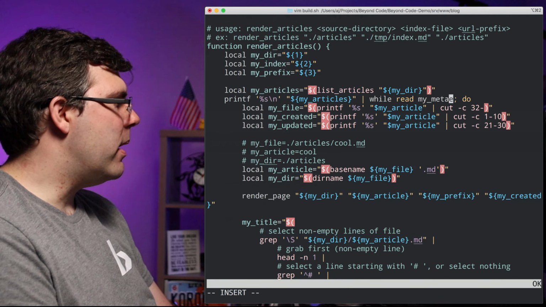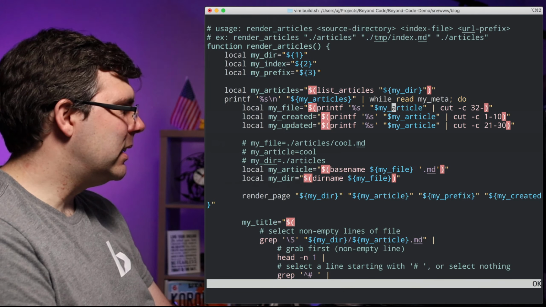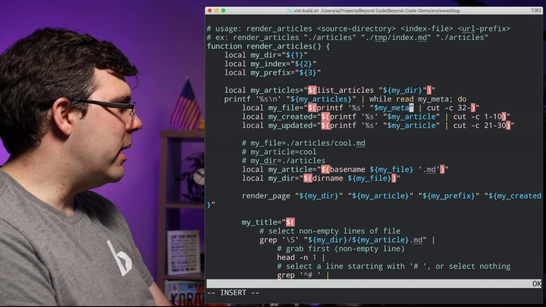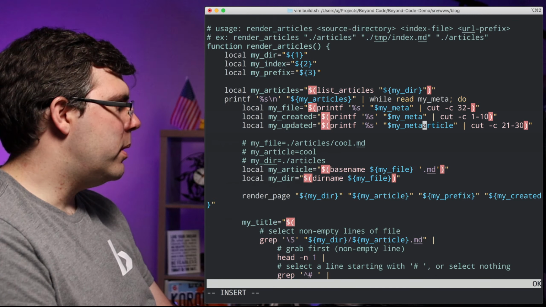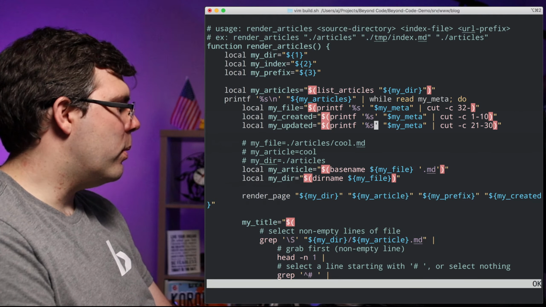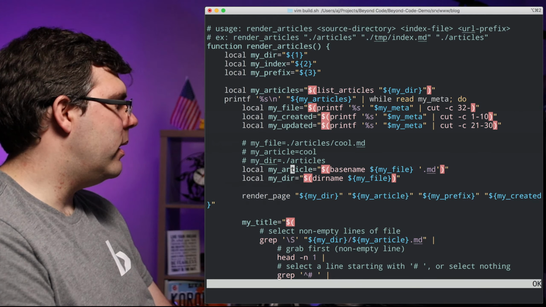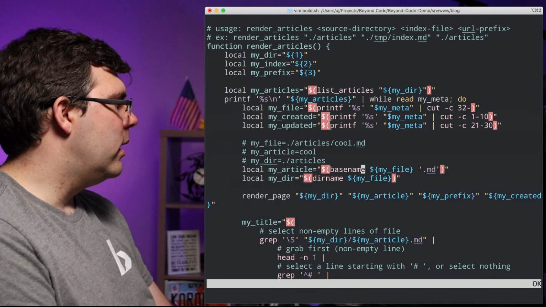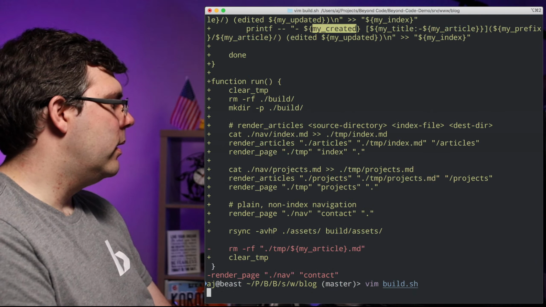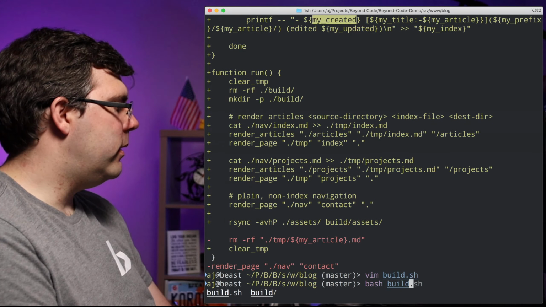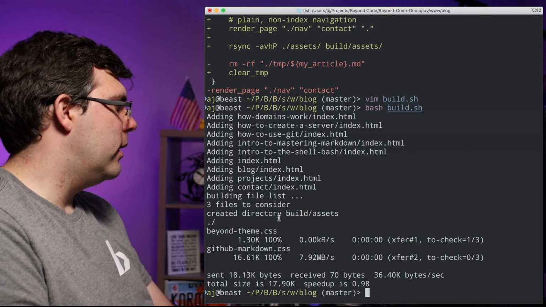I'm going to change this, my article, to be my meta, because this is indeed metadata that includes the article name, but it is not itself an article. That was a poor choice of name. And then we have my article here is my file. That's appropriate. Okay, so let's see if I can rebuild this